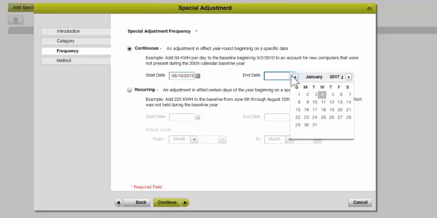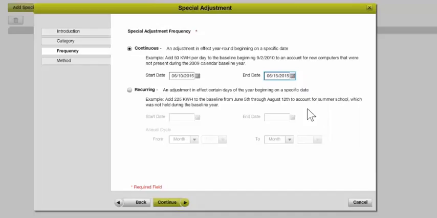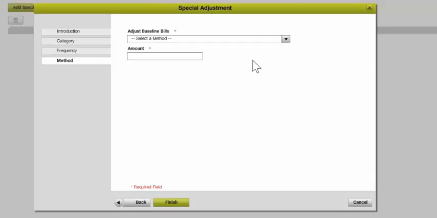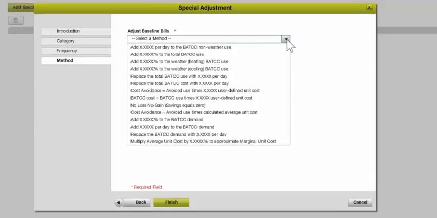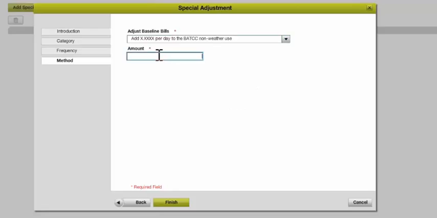So from June 10th to June 15th, the school was occupied. Normally it's unoccupied. And I'm going to add an adjustment, and I'm going to say add 3,000. So what I'm doing here is I'm saying force 3,000 kilowatt hours per day for a period of 6